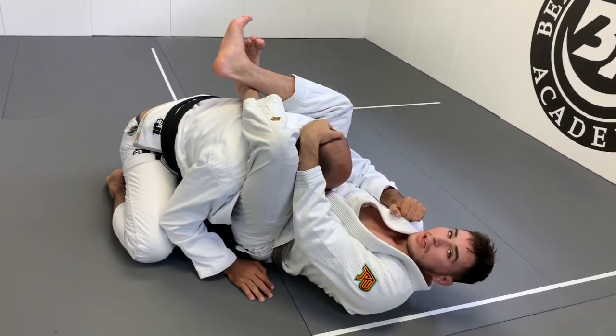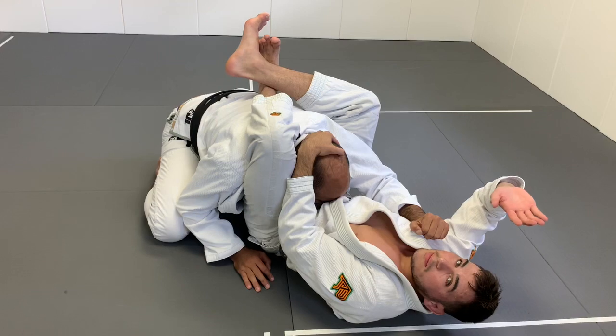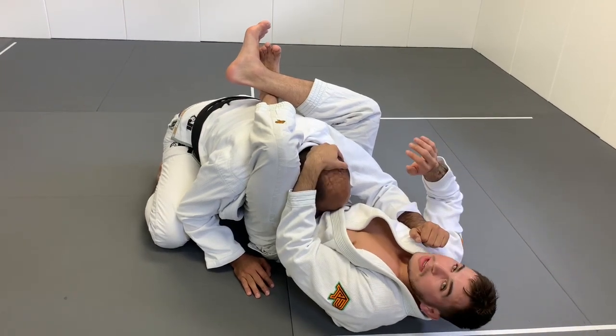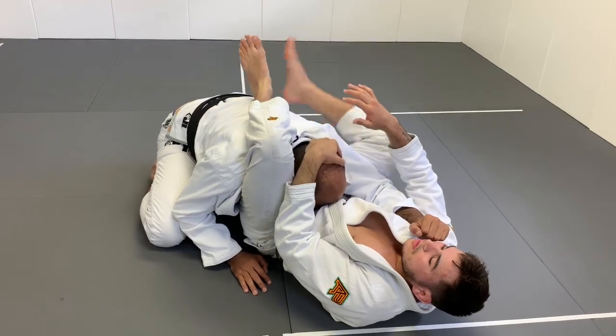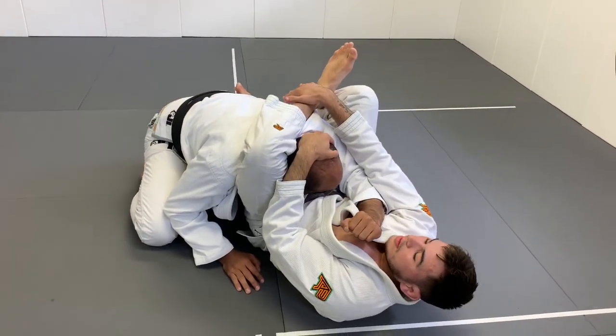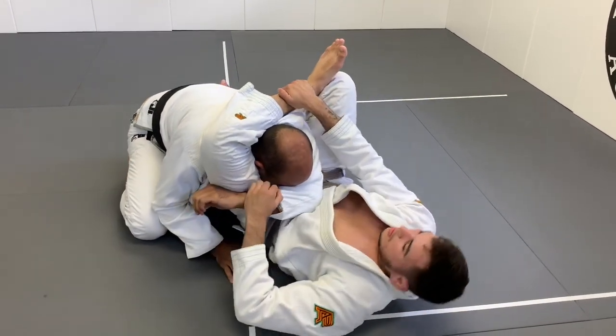Immediately, hand behind the head. Now I can safely release my hand here from the lapel. So I wanna make sure I'm breaking his posture here. Okay, before I let go of his head, I'm gonna start grabbing my own shin. Okay, I grab my own shin, I can start adjusting the arm if I need to, and I'm gonna start